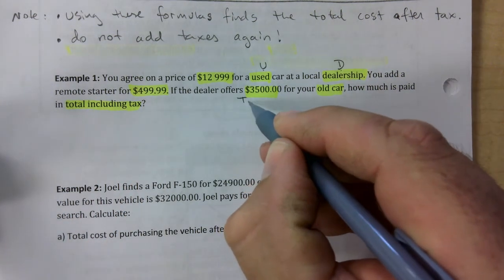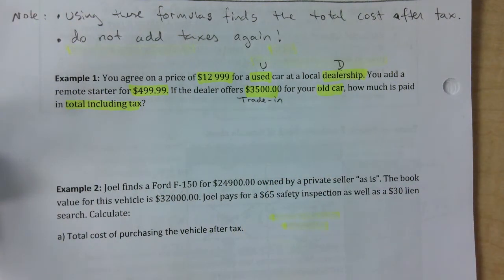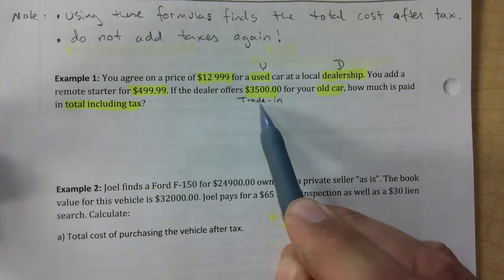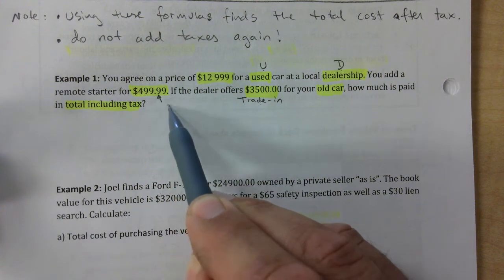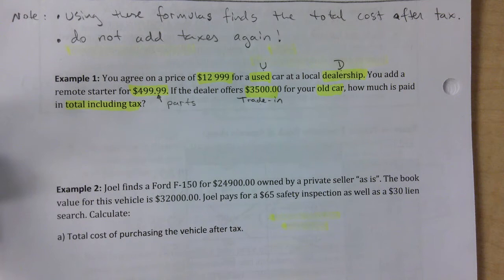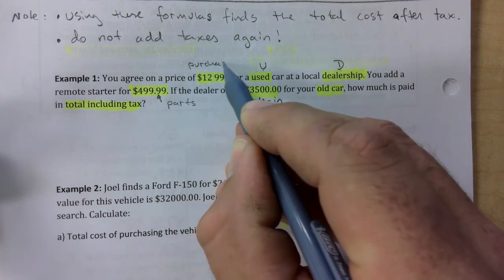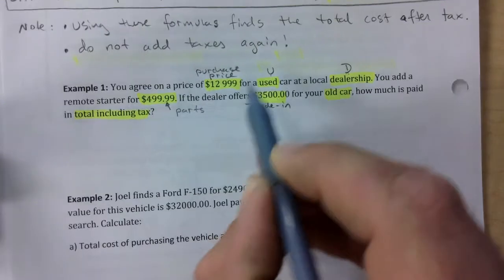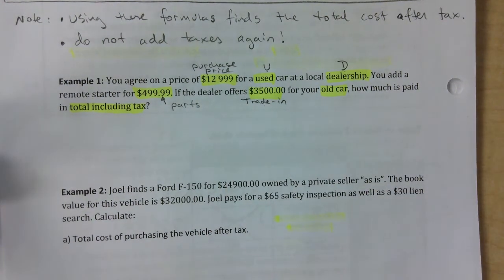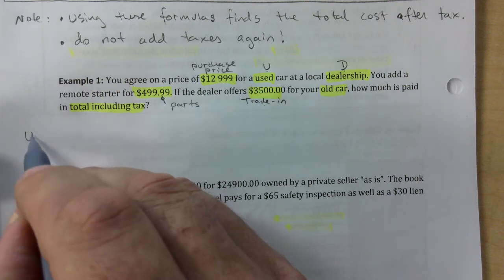So this would be the trade-in. Make sure you label for now. It might make sense right now, but not a couple weeks from now. So trade-in, this would be considered parts. Okay, a remote starter or anything you add would be under the parts category. And this would be the purchase price. Right, the price that they're giving you, obviously you agree to buy, that's the purchase price. So used dealer,